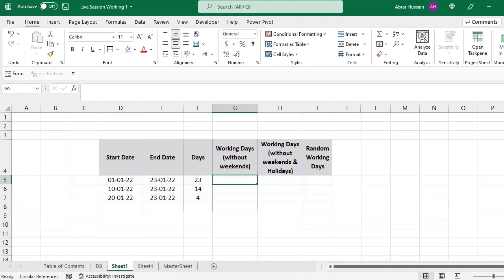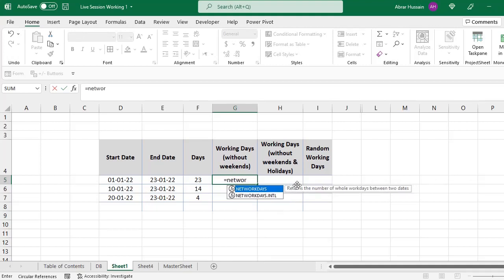So now how can we calculate working days without weekends? For this, we have two types of formulas, the old version and the new version. The formula is NETWORKDAYS. Now you see here there are two formulas, NETWORKDAYS and NETWORKDAYS.INTL, the international version. The NETWORKDAYS is the older version. If you want to use it, you can use it, but the problem here is, for example, it asks